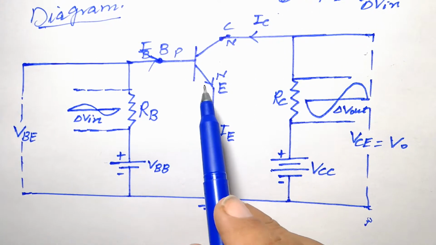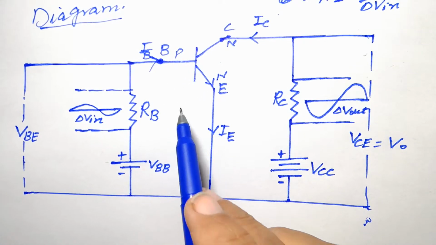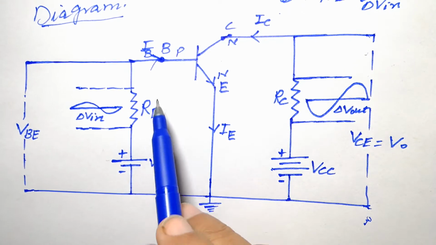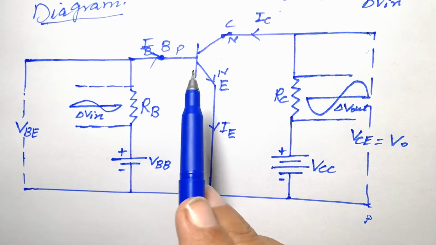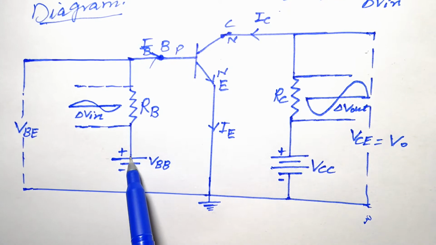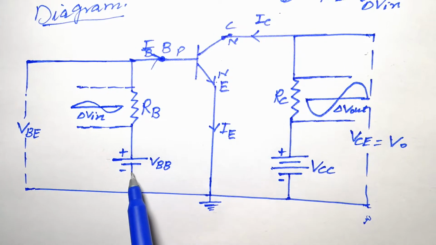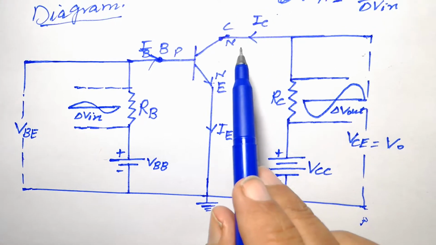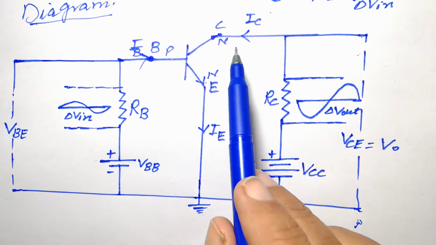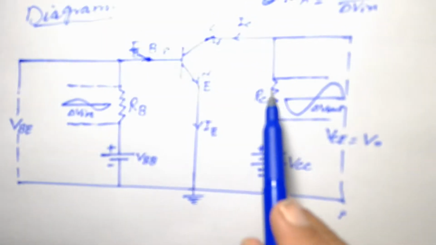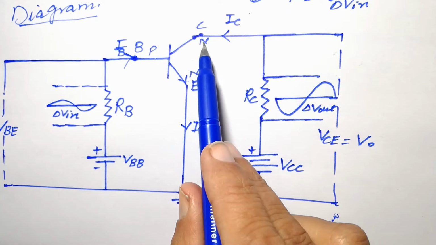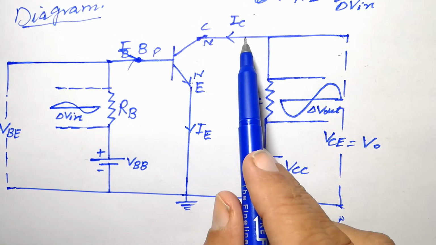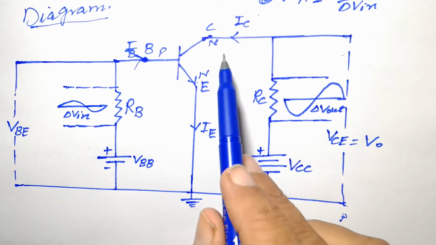Students, we all know the emitter base junction is always forward biased. Look at the case: P is connected with the positive terminal and N is connected with the negative terminal, so that's why it is forward biased. And now come to the output region. That is reverse biased, students, because N is connected with the positive terminal.